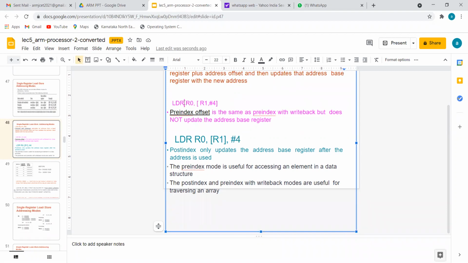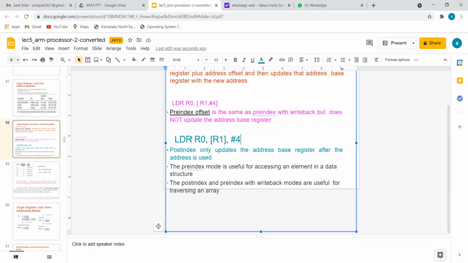Same way, if it is a B, only one location; if it is a H, R1 plus 4 and R1 plus 5. Don't update any changes in the base register R1 at that point. If it is not LDRB or LDRH, then four continuous locations: R1 plus 4, R1 plus 5, R1 plus 6, R1 plus 7.